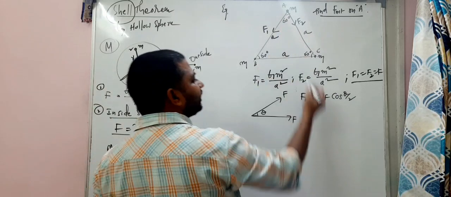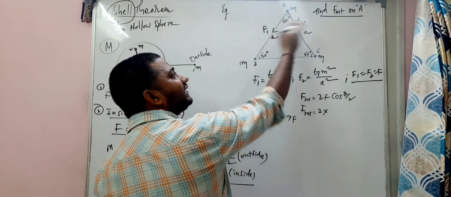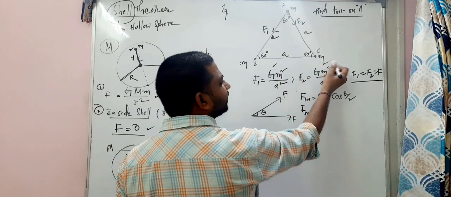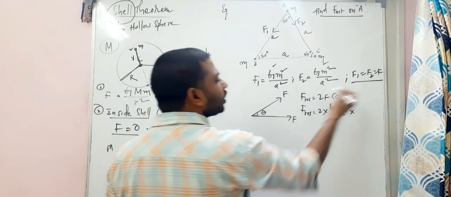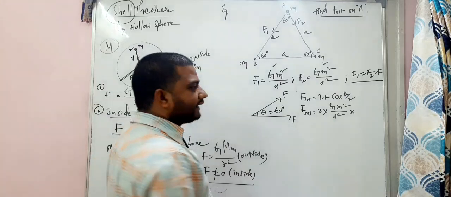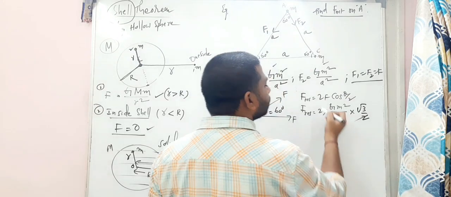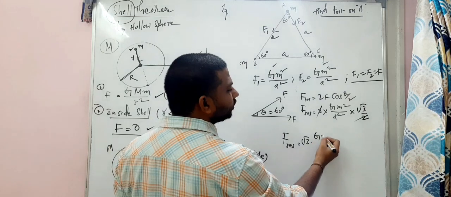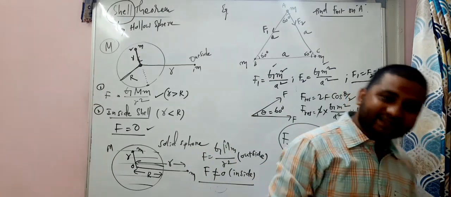And in case the resultant is 2 into F1, the magnitude of either this force or this force, because both are the same. So what is that? Either this or this. So GM square divided by A square into cos theta by 2. Theta is 60 degrees here. And cos theta by 2 is cos 30 degrees, which is root 3 by 2. The 2 cancels and the resultant force we have got here is root 3 into GM square by A square, my dear students. So these are questions they will ask.